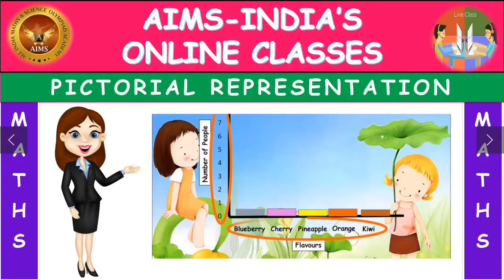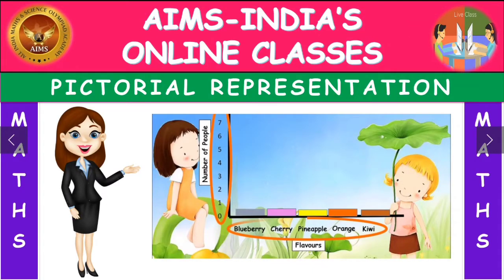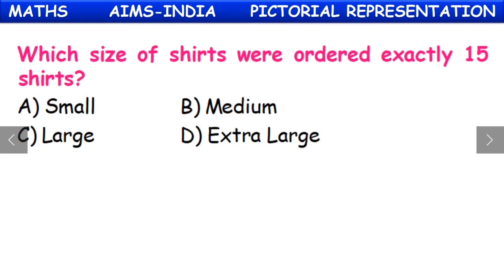So in today's class we are starting our multiple choice questions from the chapter Pictorial Representation. Coming to the first question, the picture graph below shows the number of shirts ordered in each size in 1 week. Now which size of shirts were ordered